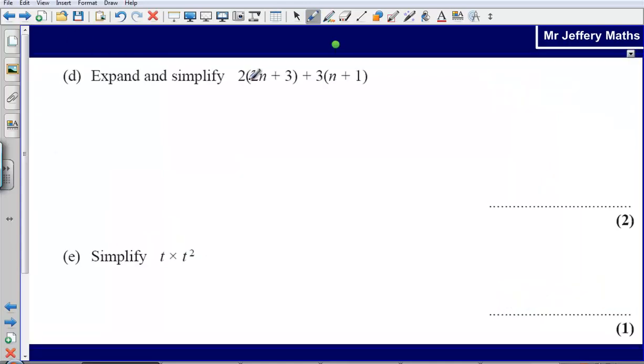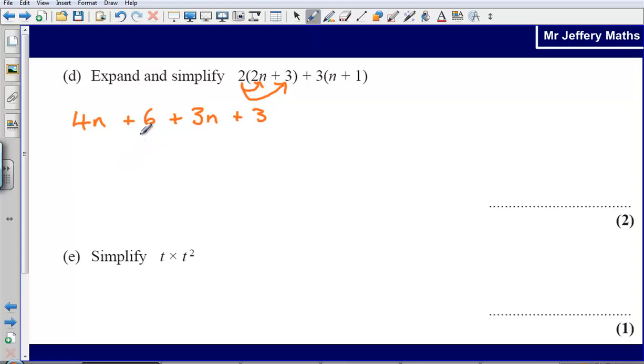Part D asks us to expand and simplify 2 bracket 2n plus 3, plus 3 bracket n plus 1. So again we're going to expand the brackets first. So 2 multiplied by 2n and 2 multiplied by 3. 2 multiplied by 2n, that's going to give us 4n. Then 2 lots of 3, that gives us 6. Then plus 3 multiplied by n, that's going to give us 3n, and then plus 3 multiplied by plus 1, that's going to give us plus 3. Now we need to just